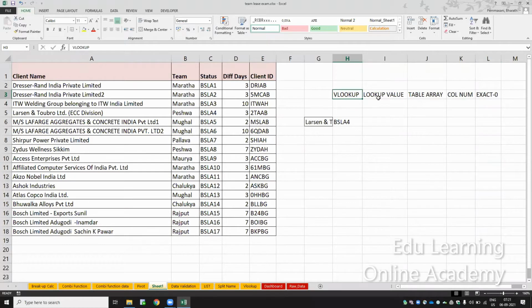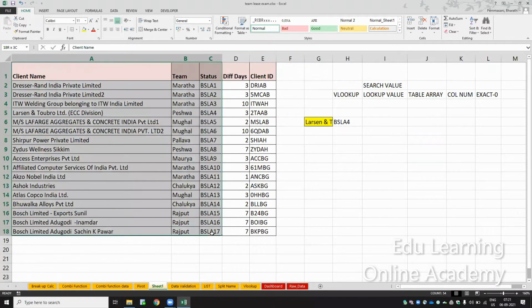So in VLOOKUP, you have to search a value. Which value do you have to search? I wanted to search this value. This is the lookup value or search value. Both are the same. This is a search value. And where do you want to search? In the table array. This is the table array.